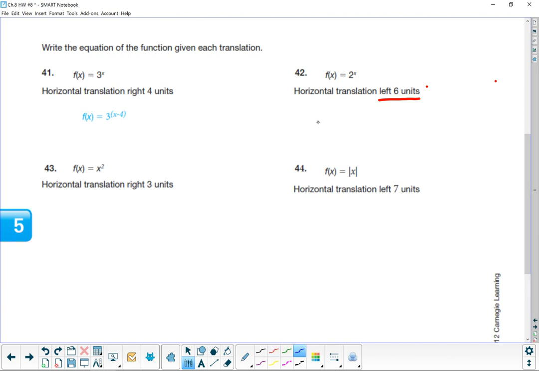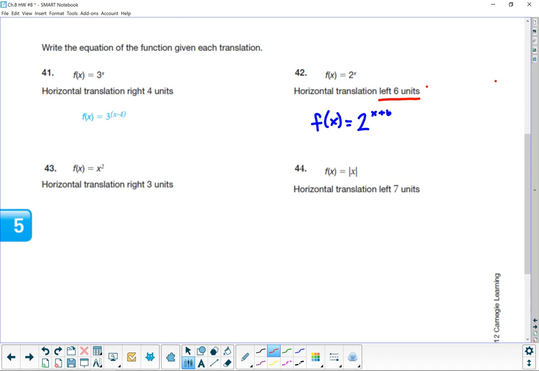So we're going to go ahead and write a function. We'll call this one f of x equals 2, and this is going to be x plus 6. You can put parentheses around it if you like, like how they show you, but as long as you write it small, that tells whoever is reading this that it's part of the x. Okay, horizontal translation,